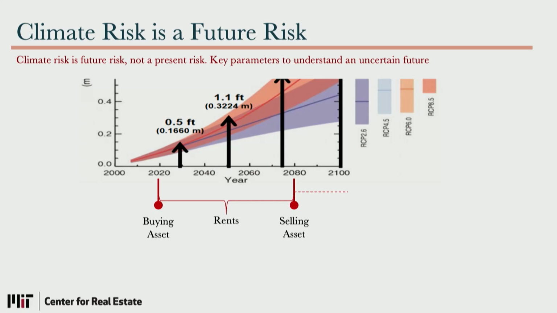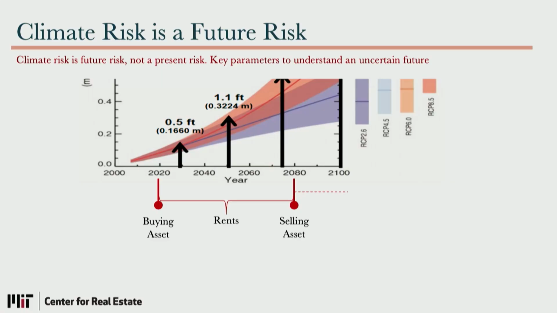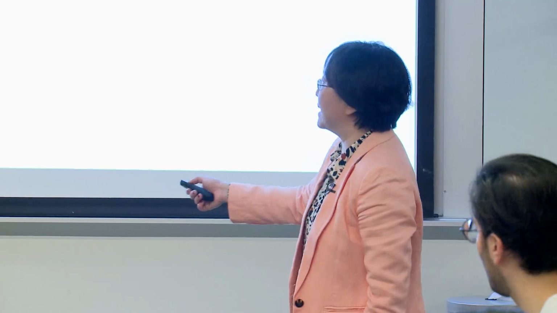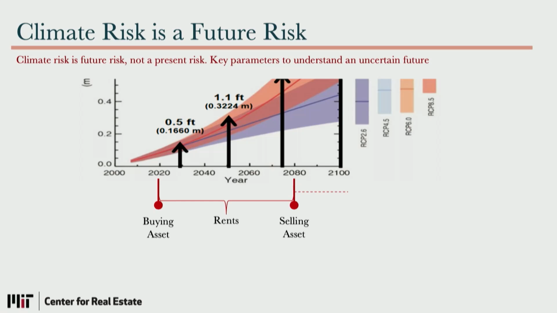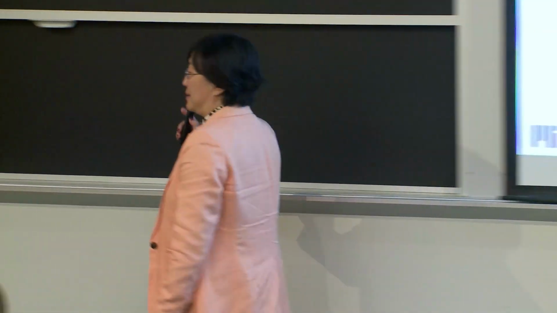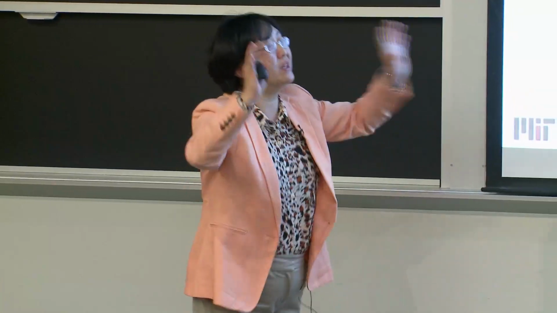So that's this IPCC RCP, right? Representative Concentration Pathway. RCP 8.5 is very serious global warming, and this one is like if human beings can mitigate. So think about this: hypothetically, you buy an asset in 2020, then maybe you hold the asset for many, many years, then you sell. So when you are evaluating the impact of climate risk, you are thinking in this way: because global warming becomes more and more serious, right?